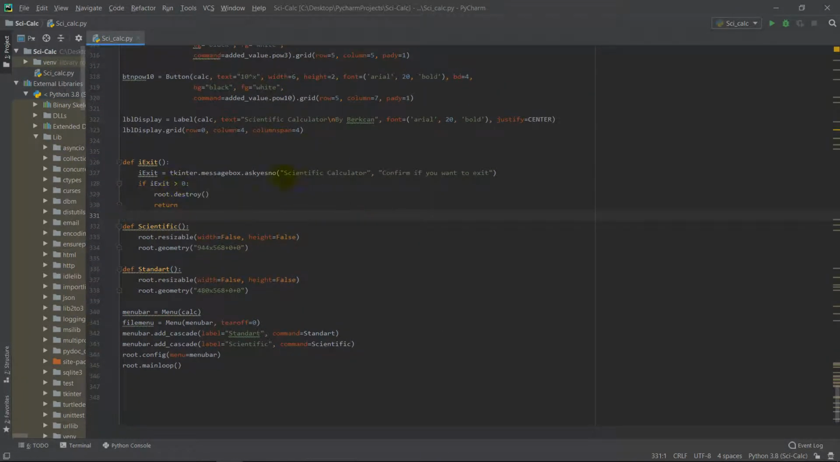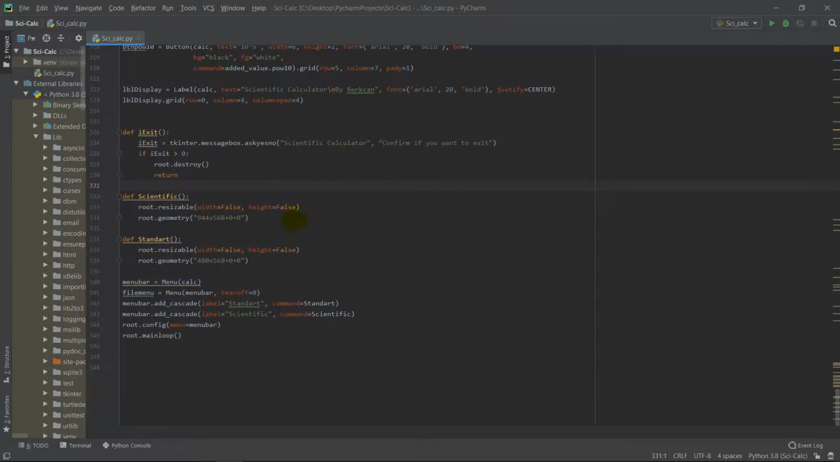here we define two layouts, standard and scientific, and their geometrical size. And finally, the calculator looks like this: